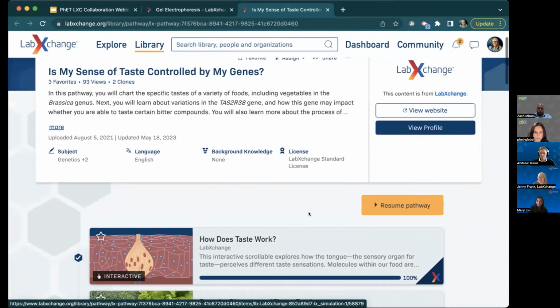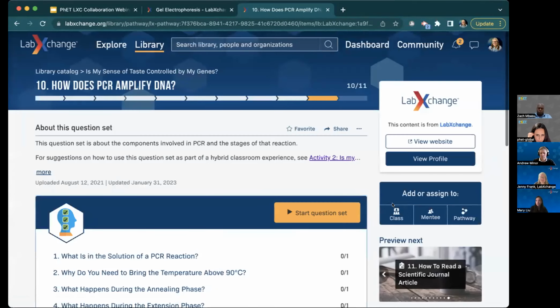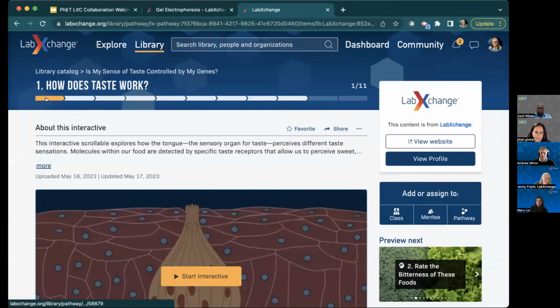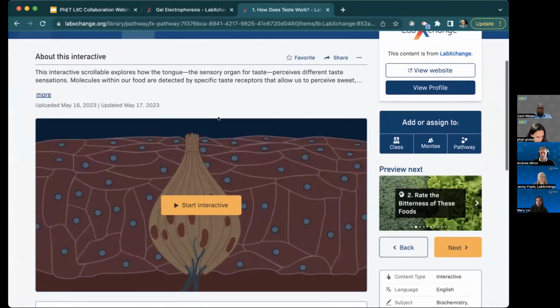Just like a story, a lesson is a story, right? It has a beginning, it has a middle, and it has an end. So as a learner, they're going to start their experience, and hold on here, I'm going to start it back at the beginning with the first type of resource. In this case, we've got this really cool interactive where they get to explore how the tongue works to perceive